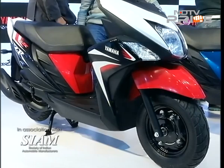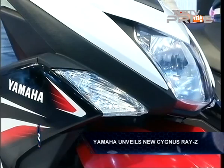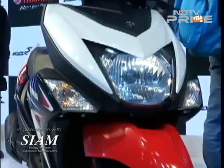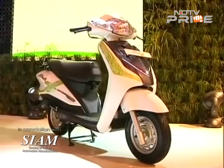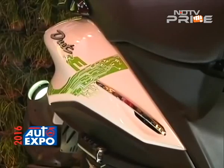Besides that, you had another new scooter from Suzuki as well. This is the new generation of the popular Access with the 125cc engine. It is an updated engine, and of course you have different new looks as well coming in with that new scooter. Hero, for its part, showed off an electric scooter concept called the Duet E,